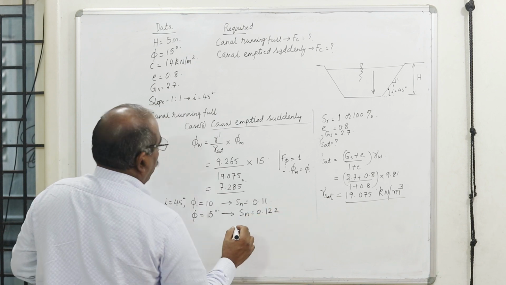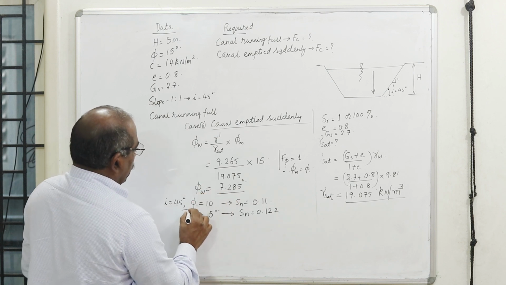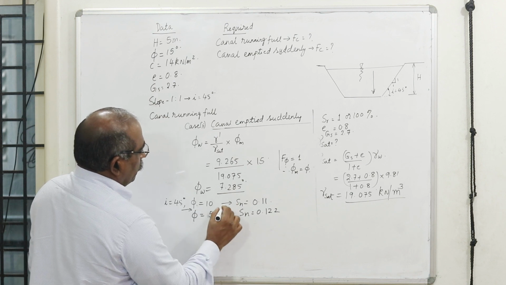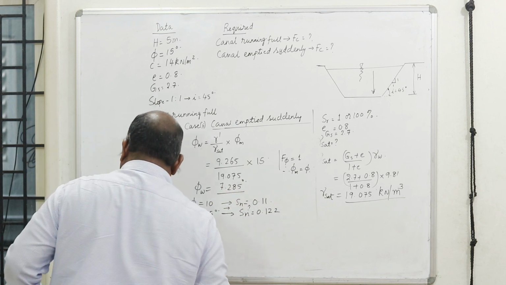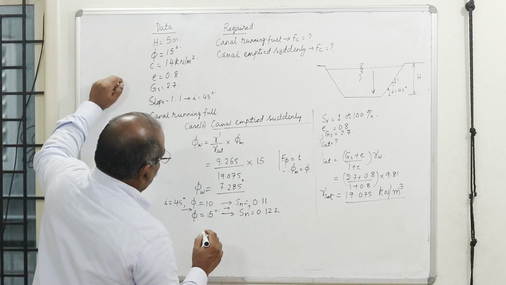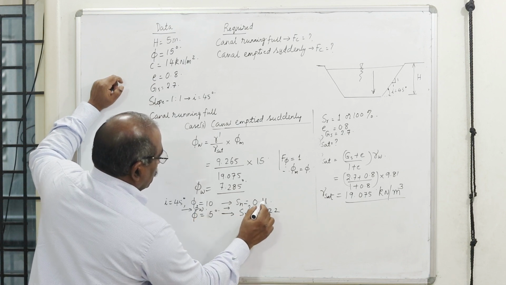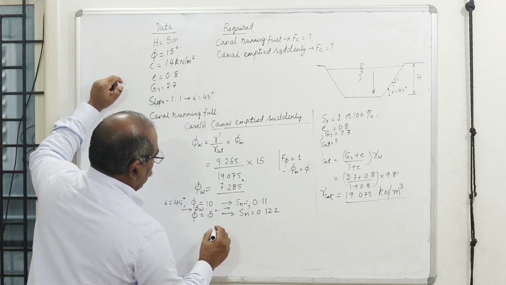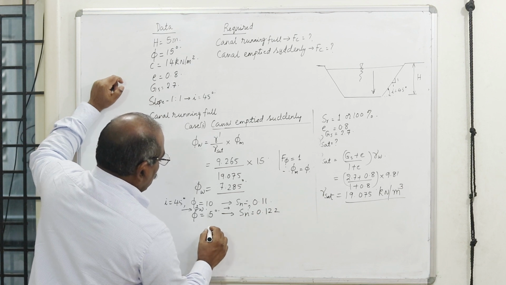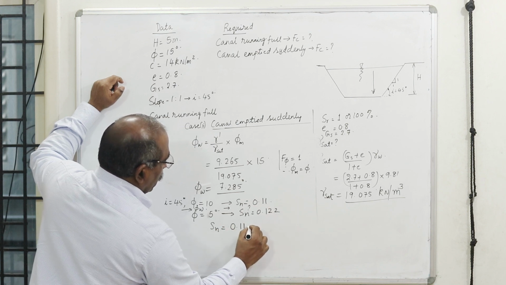Now my value of phi is in between here. Therefore, I need to do the interpolation and get my Sn value. Once I get my Sn value, I can do that. Now what will be the value? What is this value? Phi w here. Now what is happening? As the value of phi is reducing, this is also reducing, therefore Sn is increasing. Therefore, I need to add.